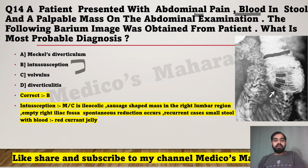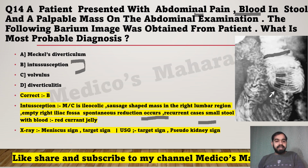Intussusception: it is most common ileocolic, with a sausage shaped mass in the right lumbar region and an empty right iliac fossa. Spontaneous reduction can occur, and in recurrent cases, small stool with blood. Okay, what is written here? Blood in stool. Okay my dear friends, on X-ray you will see meniscus sign, target sign. On ultrasonography you will see